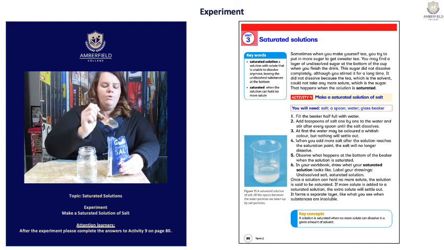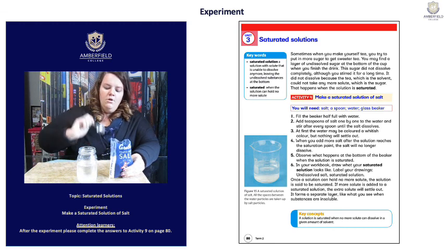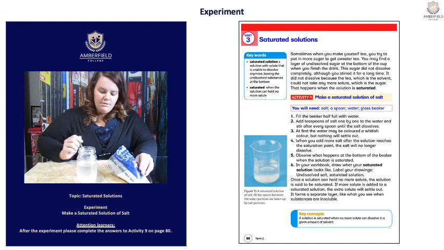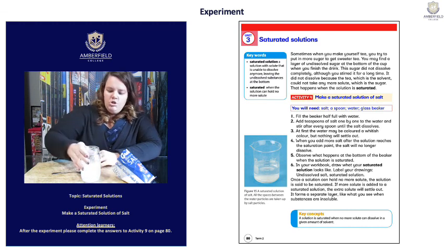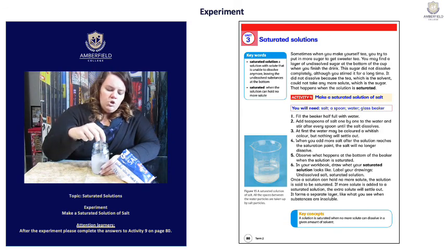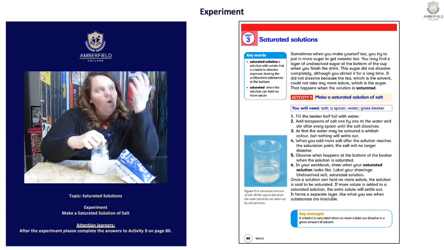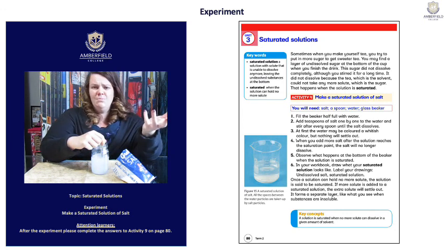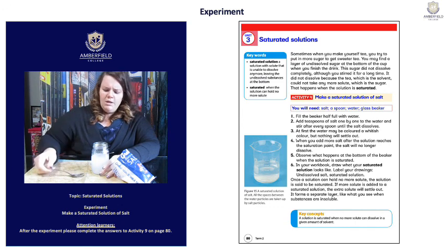Okay, so what we're going to do, we are now going to put 1 teaspoon of the solute in the solvent, and we're going to stir. Now remember, I'm just going to stir and show you, and then stir some more. So how a saturated solution occurs is once you've added more and more salt, it eventually becomes saturated. There's no more space. But for now, I would like you to see